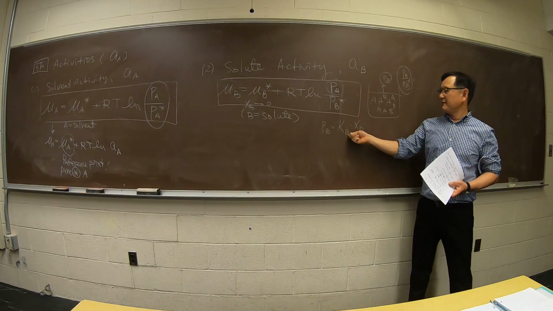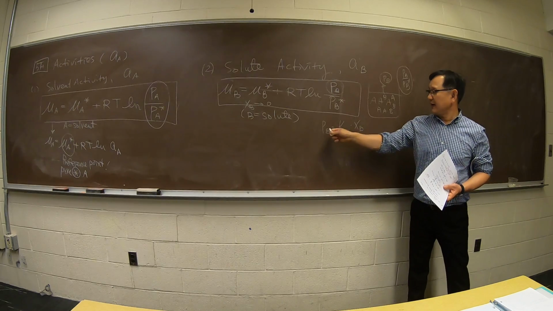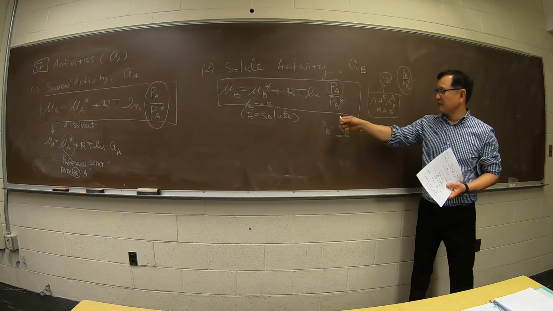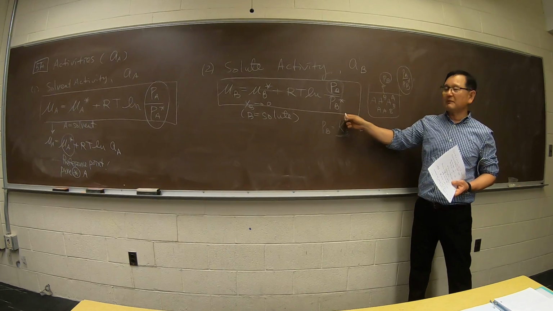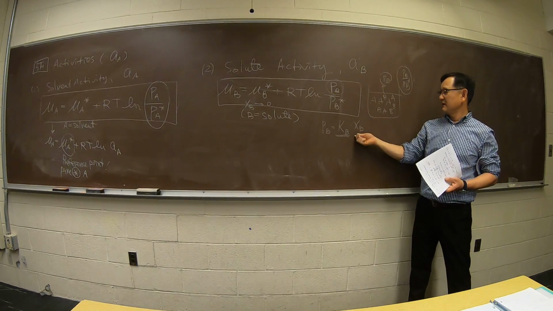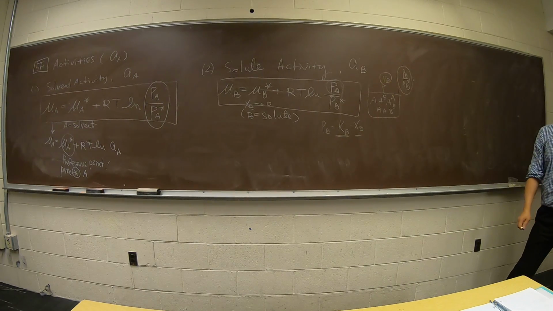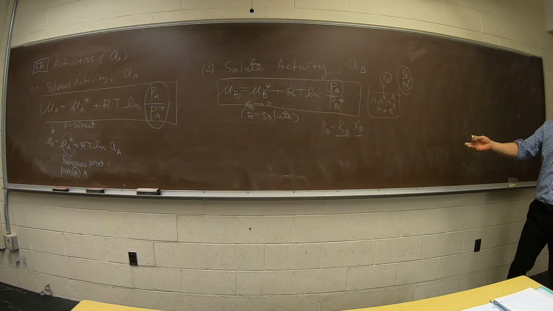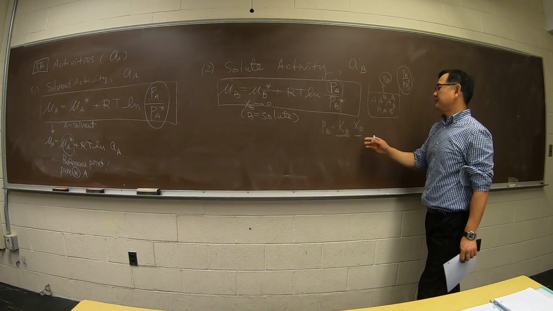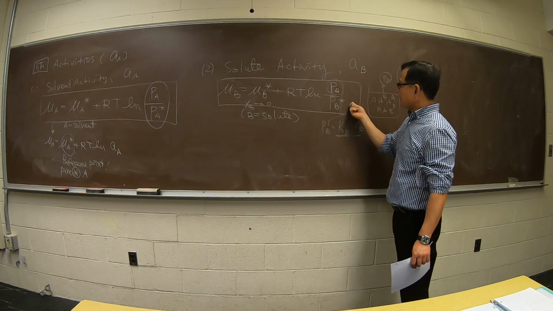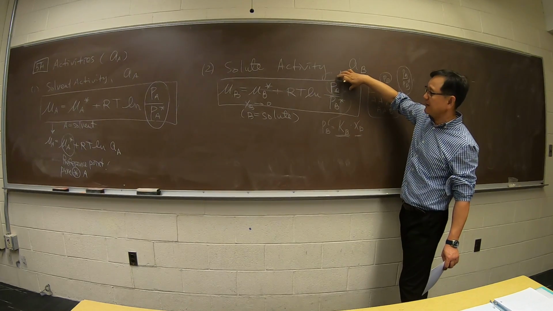You need a bigger correction factor, Henry's constant, to relate the vapor pressure, not the pure vapor pressure, but something like Henry's constant with the mole fraction in this way. Do you remember this? This is how we try to extend the idea from Raoult's law. So what I do is I put that in, and this becomes KB times XB,